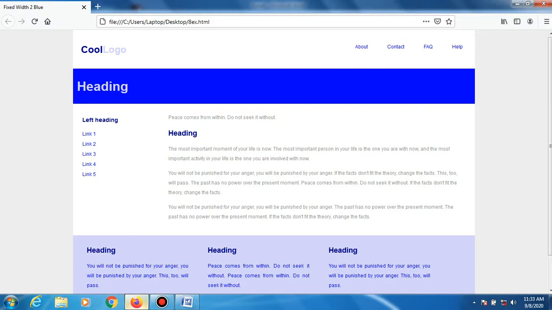Similarly, on the top left side of the screen, the words "cool logo" appear. Instead of these words, as per the user requirements, the user can change the words.